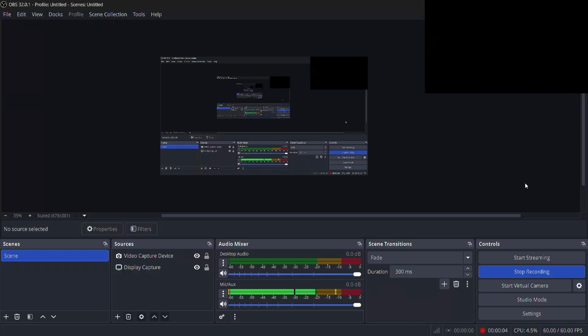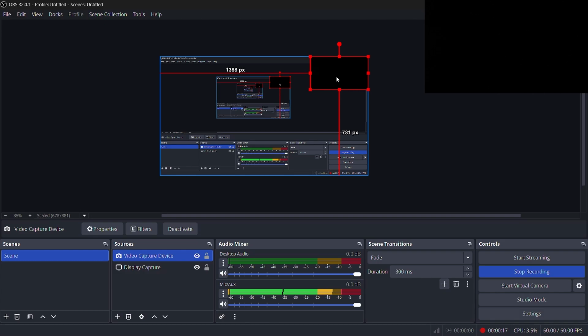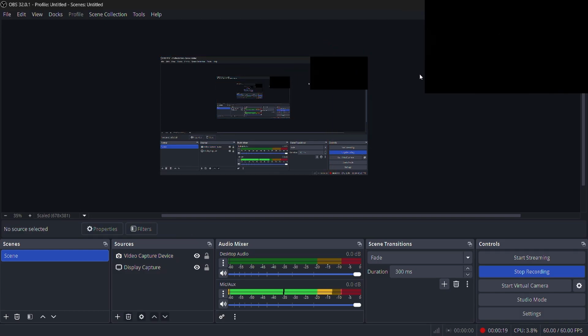In this quick tutorial, I'm going to show you how you can turn your webcam into a circular shape. For example, this is my webcam. Currently, I didn't remove the blindfold, so it's looking black. Now, if I want to make it a bit circular, all you need to do is just